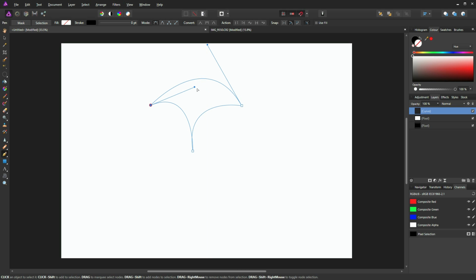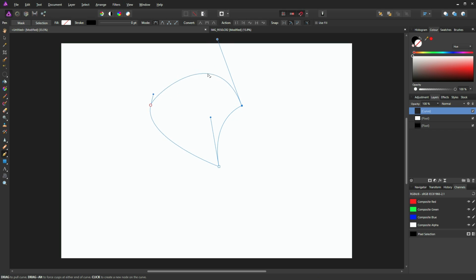Now once you've created your shape, again you can just press Ctrl and click to alter the shape as you see fit. I can turn that into an outward curve or an inward curve, and I can do the same with this curve, inwards, outwards. Another thing you can do as well, rather than using these nodes, is you can Control and click on the line itself and just drag it. So if I Control and click on here and just drag outwards or drag inwards, you can see it's a very effective way of creating elaborate shapes. And I'll delete this curve now,